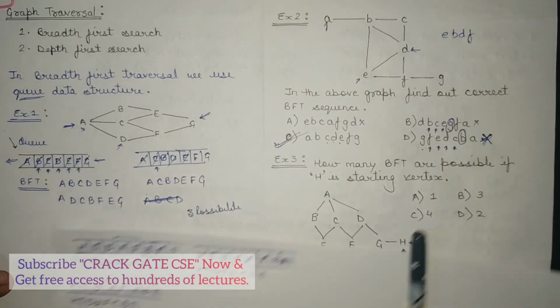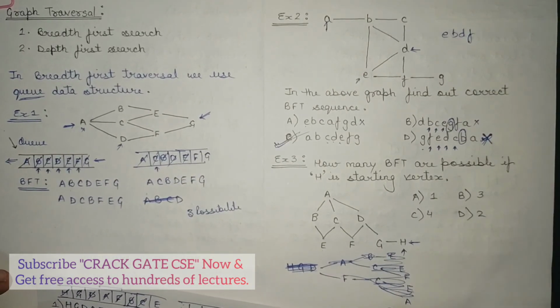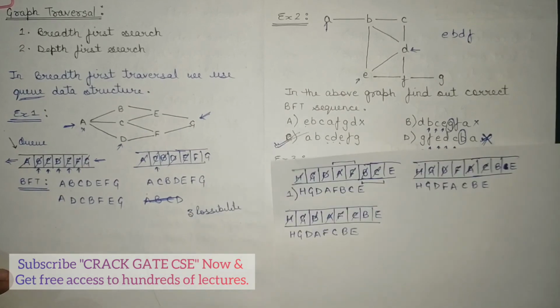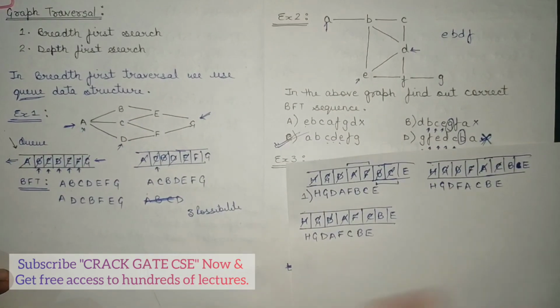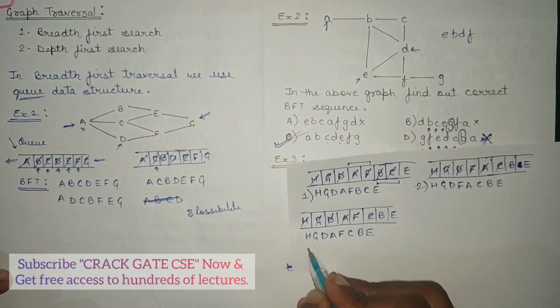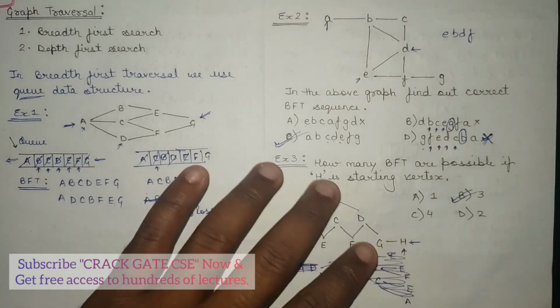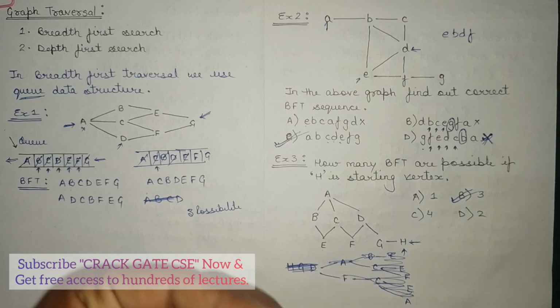Similarly, try by your own. You might get four possibilities. Just let me know if you are getting four possibilities instead of three, but I am getting three possibilities over here. So this one is 1, 2 and 3. So the final answer will be 3. But please try this on your own, because there might be a chance that I missed some possibility. So explore every possibility over here and try to find out the maximum number of sequences which are possible. So this is how you can find out the answers to questions on graph traversal.